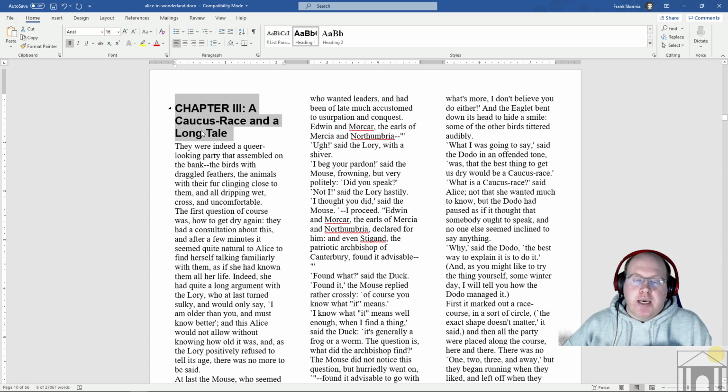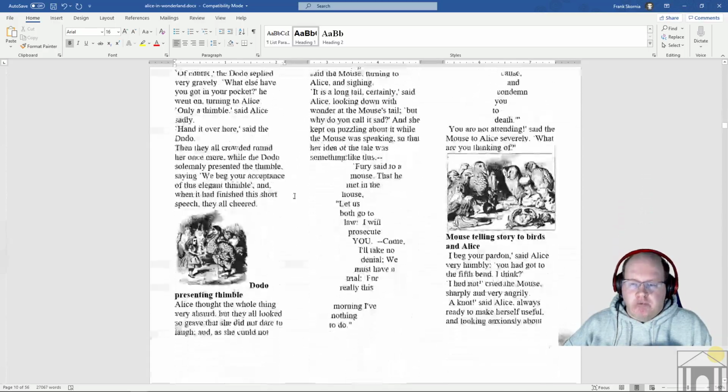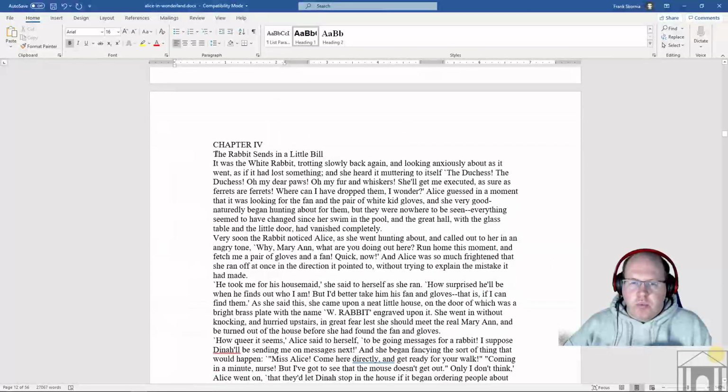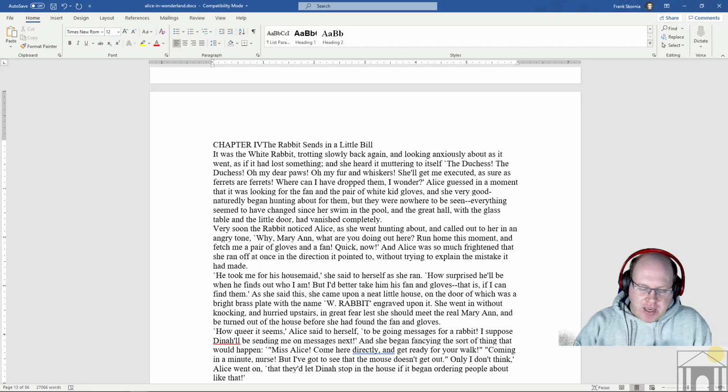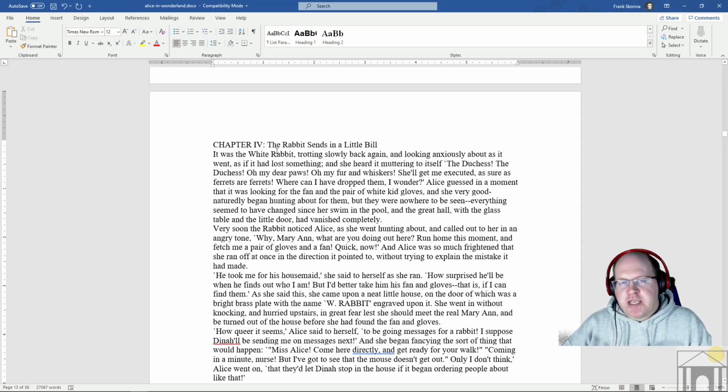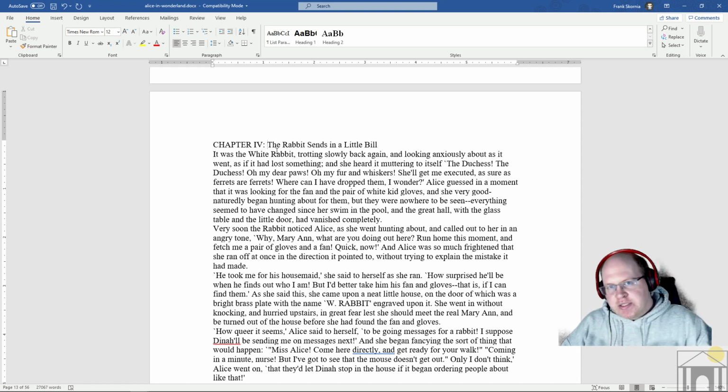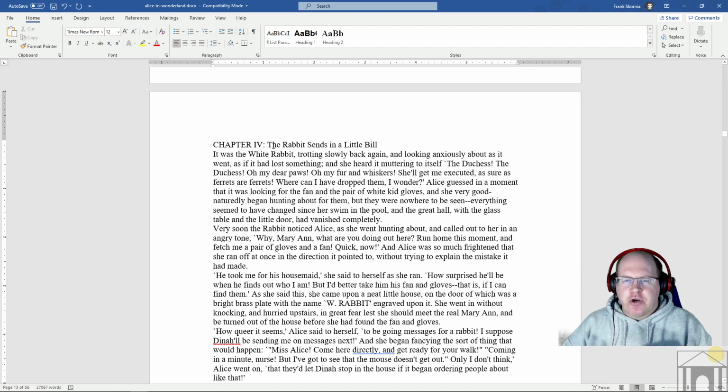The reason why I'm going to go down to chapter 4 and I'll explain. The reason why I'm taking this line, the chapter title, and putting it back up there is that if I marked these both as heading 1, they'll show up as a double entry in the table of contents. The heading 1 will show chapter 4, and then it will also show the rabbit sends in a little bill. By putting them onto the same line, because there's no enter or carriage return, or what they call a paragraph break, in between them, it will see them together